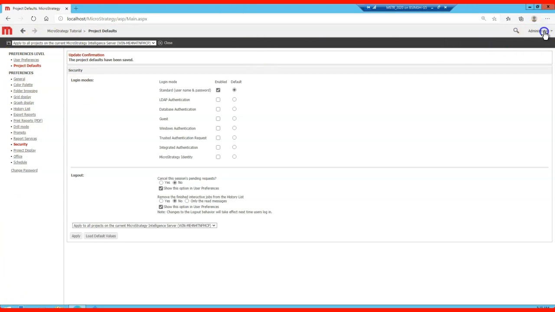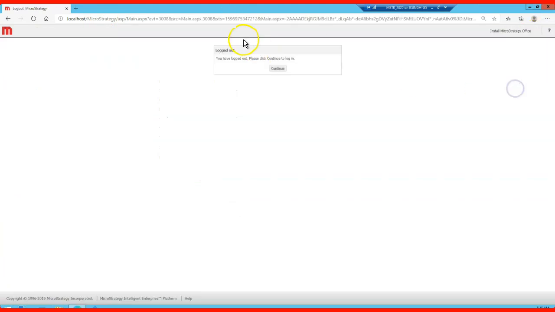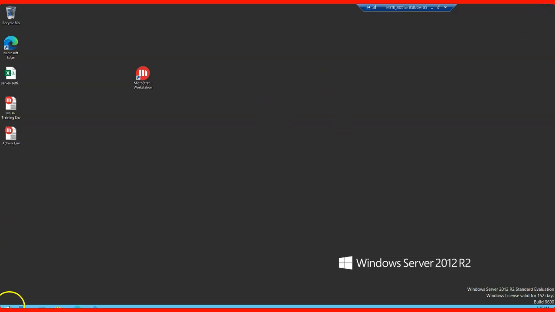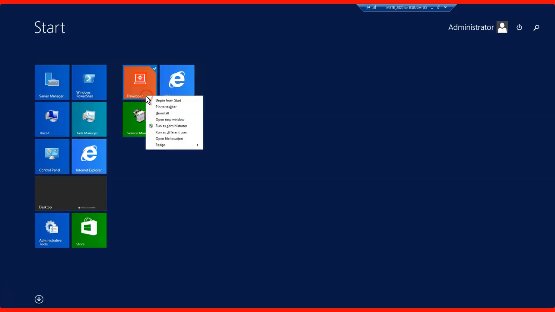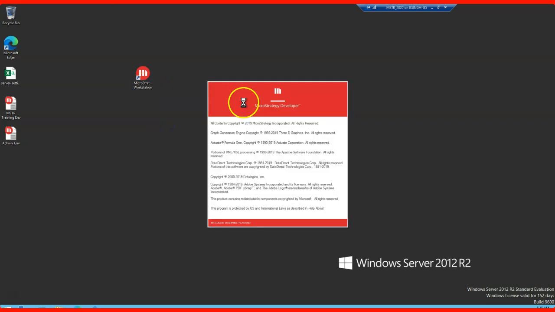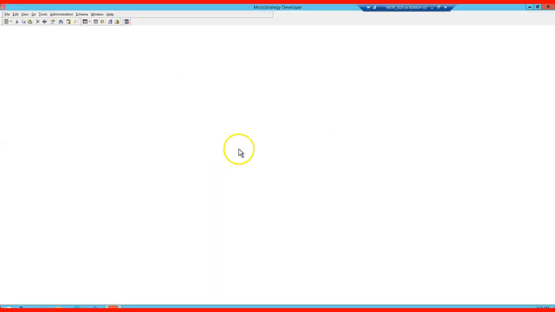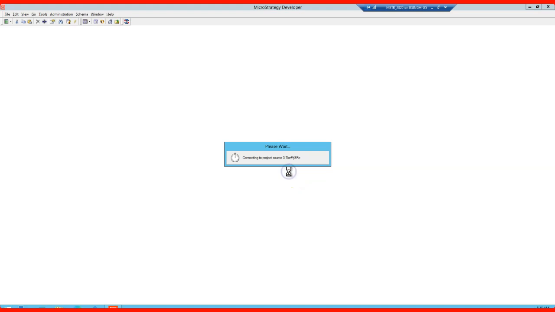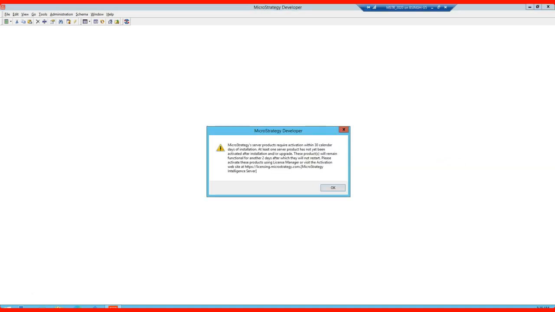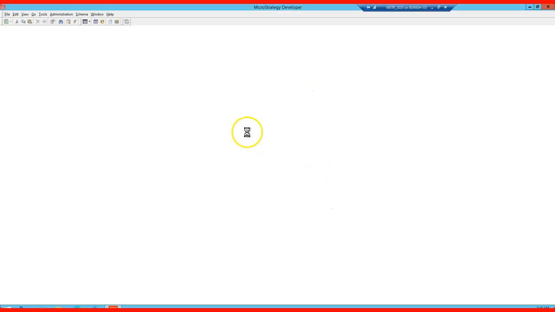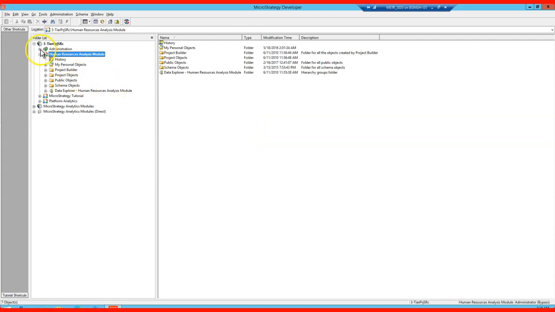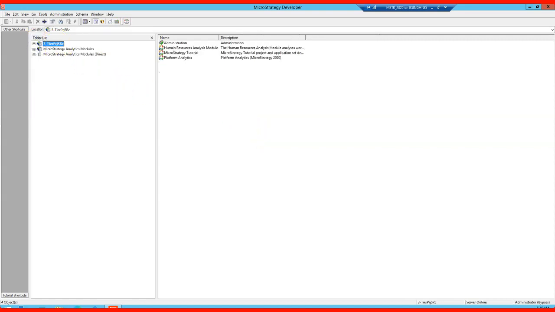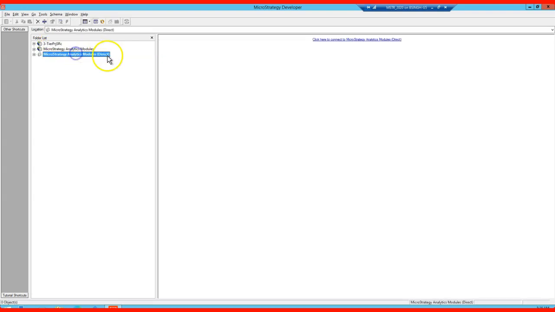Okay, let's see now how we can set some limits at our intelligence server level. So I just log out of my web console and I'm running my developer tools. This is how it looks. As administrator, I'm going to log in again without any password; that's the default one. It's giving me a warning that I only have 2 days. These are my project sources. I have configured a 3-tier project source, the default project source, and the 2-tier project source.